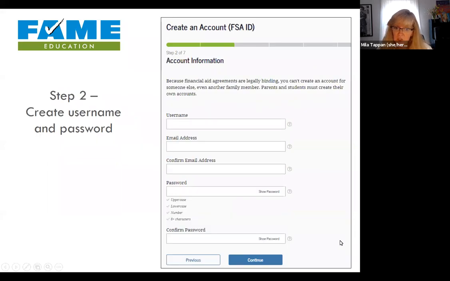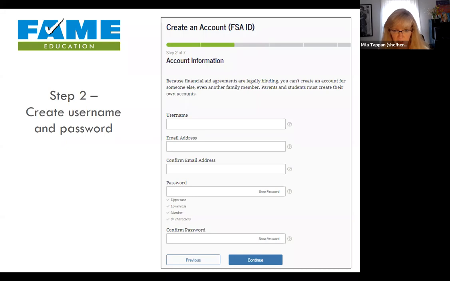They're going to create their username and password. They also will enter their email address here, but they only want to enter their email address if they have access to it, because they need to be able to verify that email address and get a code from it. So if for some reason they can't access their email, they don't want to list their email here because they won't be able to get through this process unless they can navigate to their email address and receive an email